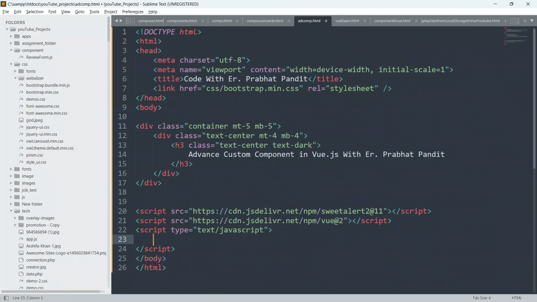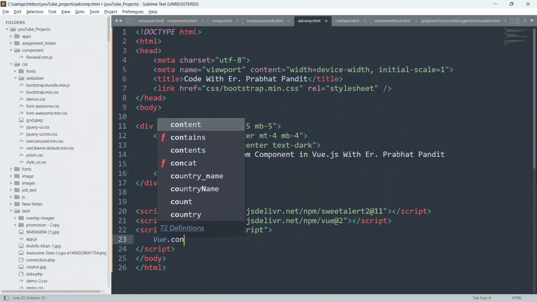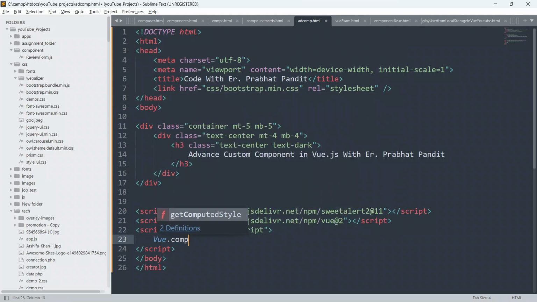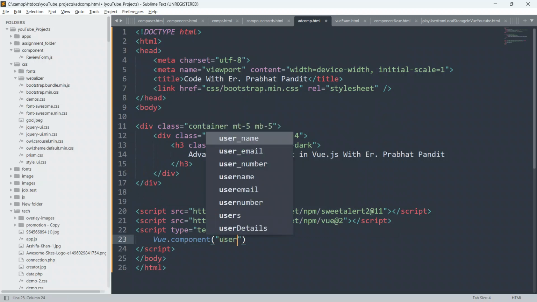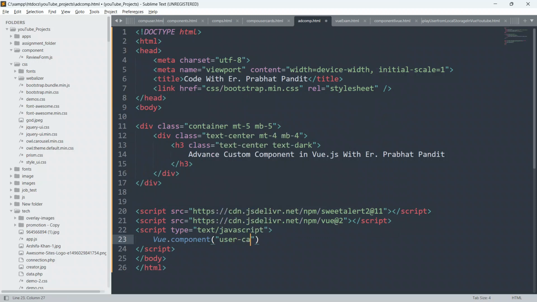So I will write Vue.component, give parenthesis and put double quotes, and here I am going to define the name of the custom component. I will give the name user card.